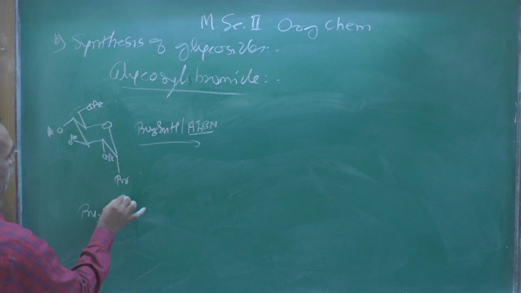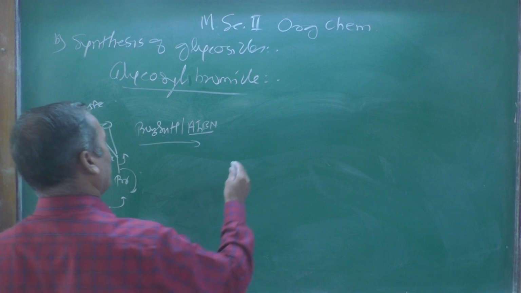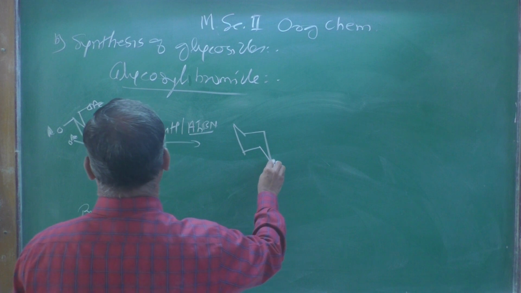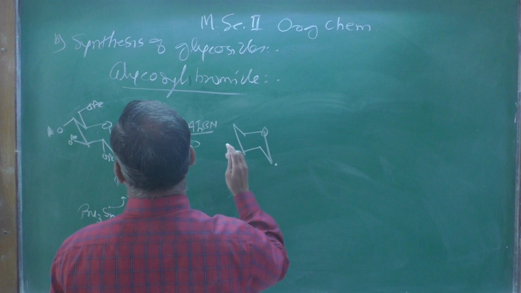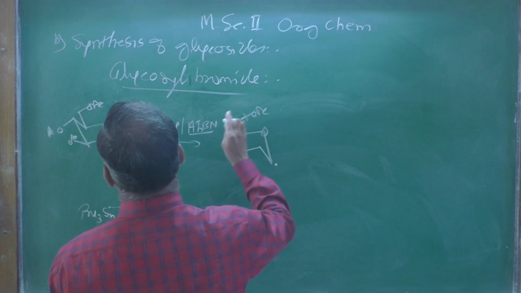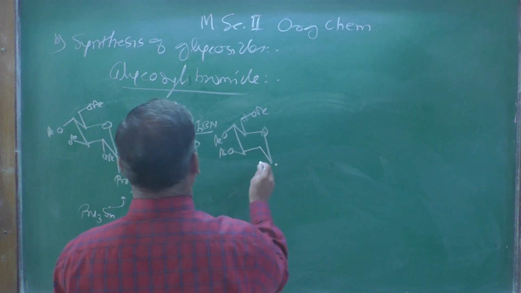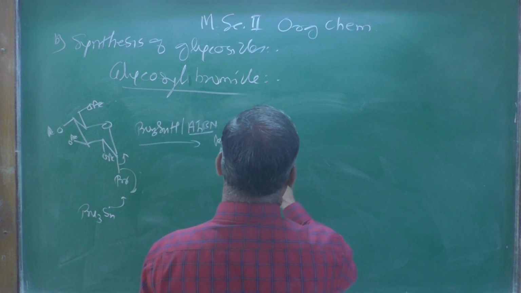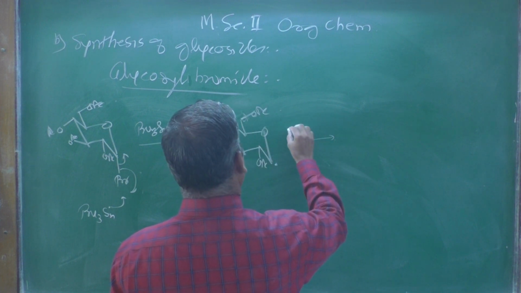The Bu3Sn free radical can combine with this, and there will be a free radical generated, and this is the structure which we are going to get here, a free radical, then there is an oxygen atom, and the other groups remain as they are, here OAc, and here also OAc, and here OAc. Now this free radical can take a hydrogen again from